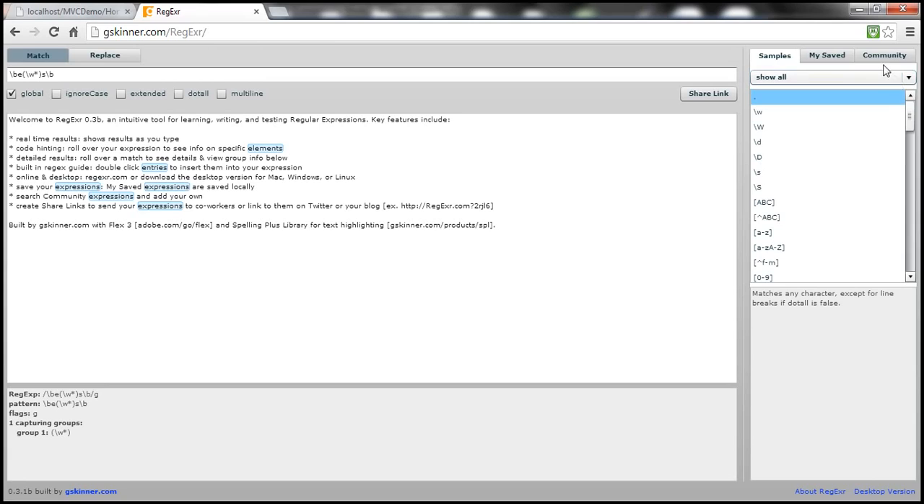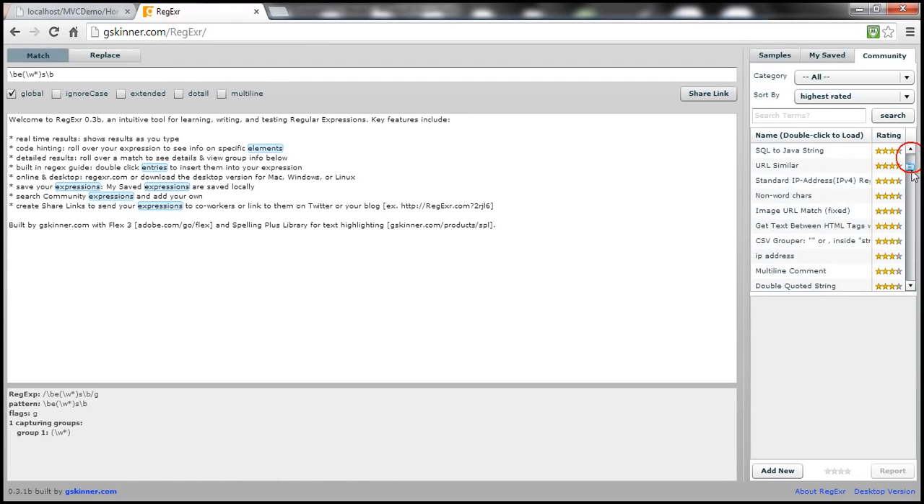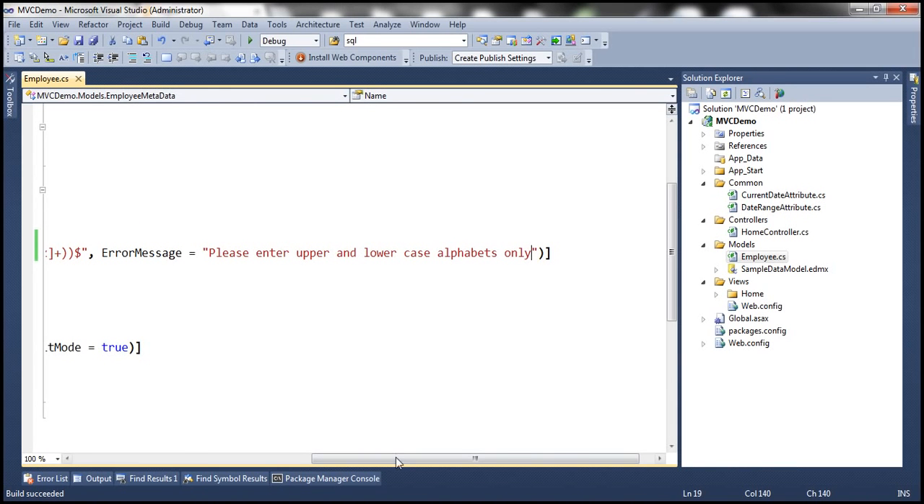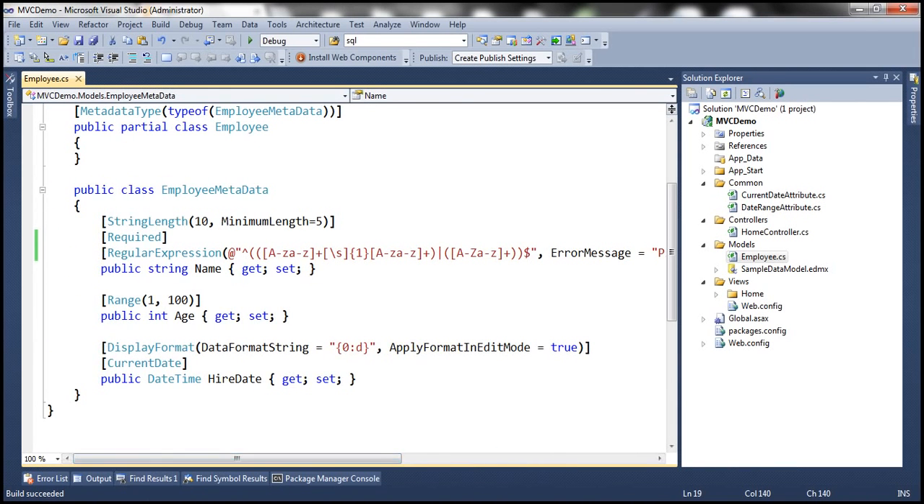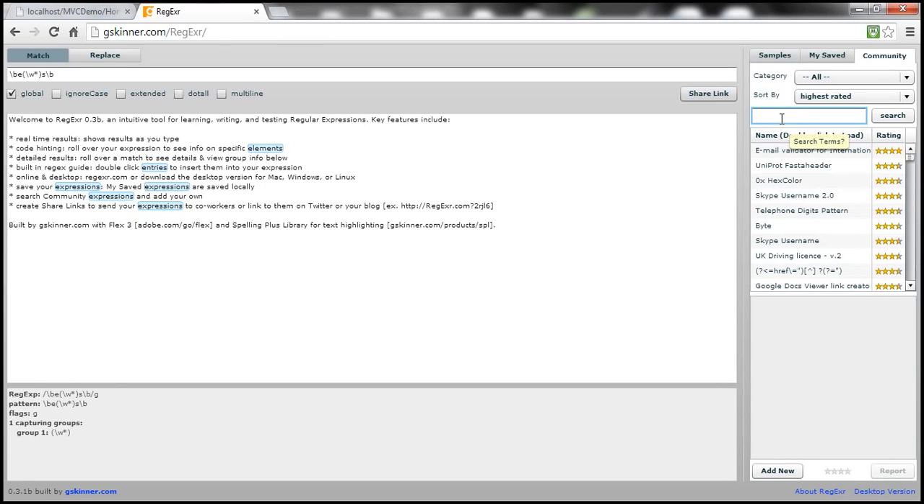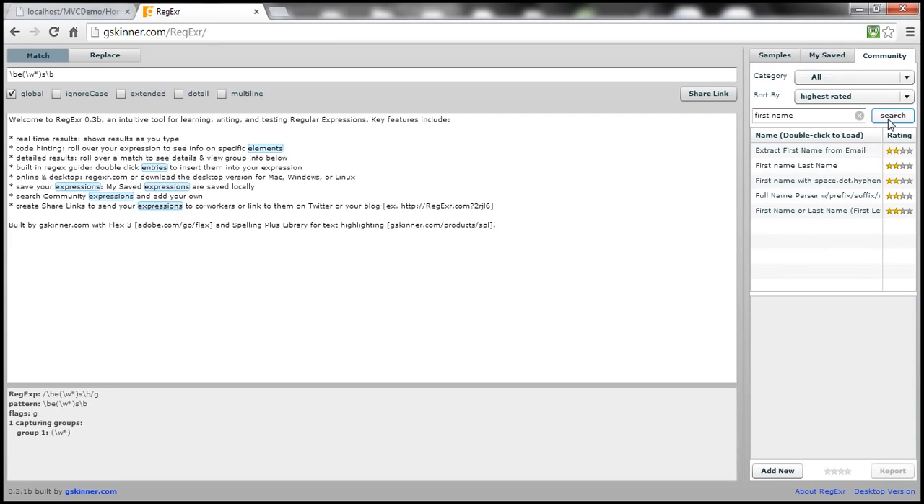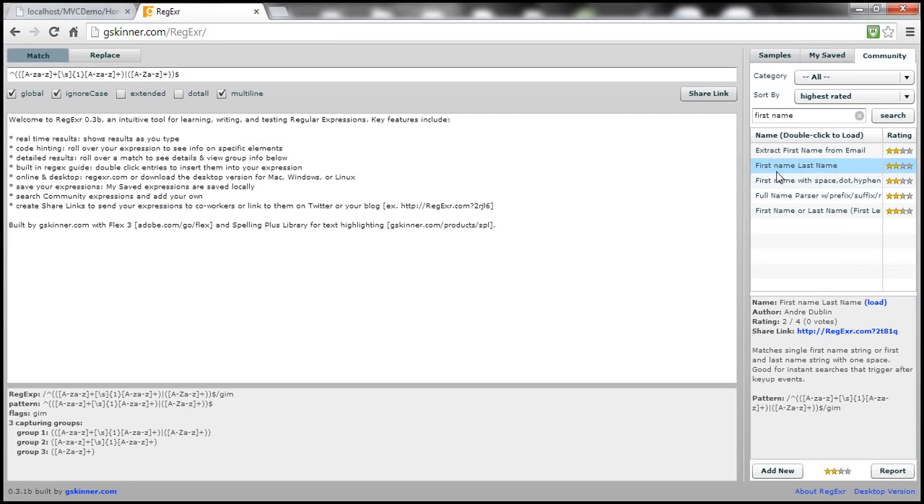So if you want to find the commonly used regular expressions, click on this community tab, and here you can find the list of commonly used regular expressions. Now to find the expression that we used to validate name, I simply typed first name here, then I clicked search. So there are several of them. I used this regular expression, first name, last name. Look at this, once I double click that name there,